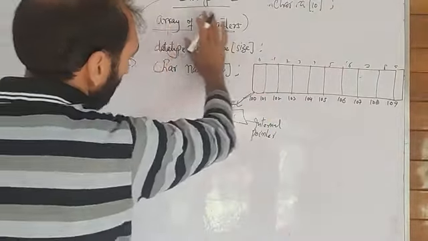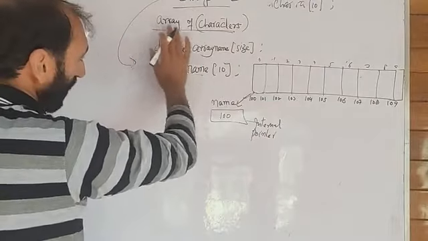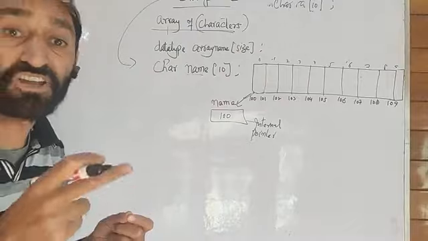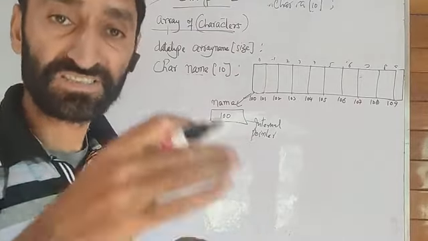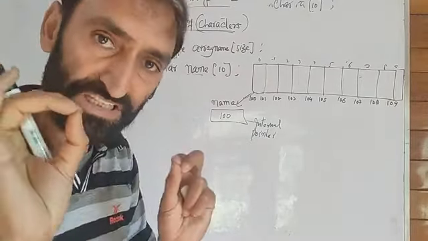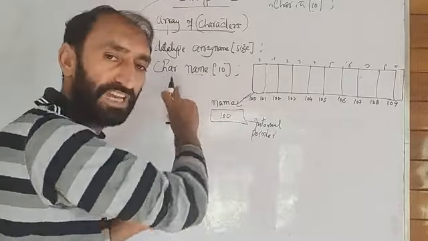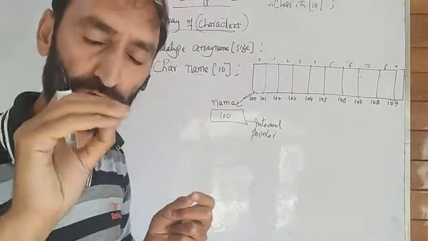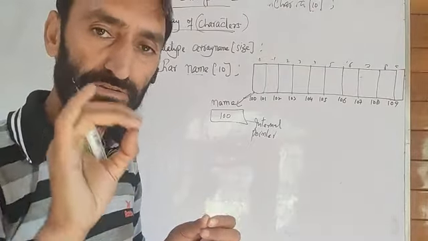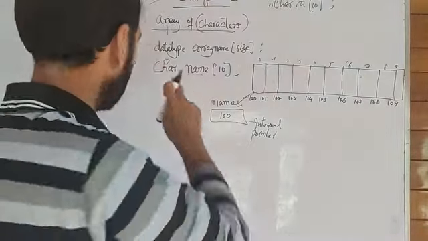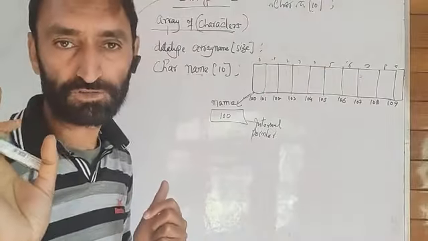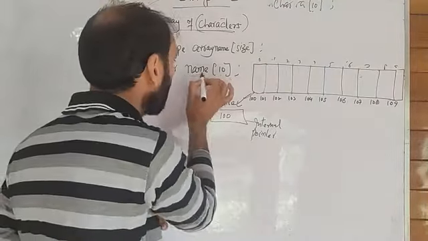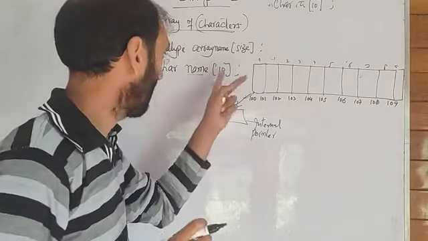First of all, I hope that you have now understood how to declare a character string. Declaration is easy. First of all, we have to take the data type. We have to keep in mind that the data type of a string is always char. And for the name of the string, any name is allowed, like S1, A, B, C, D. But for simplicity, I have provided the name here. And 10 is the